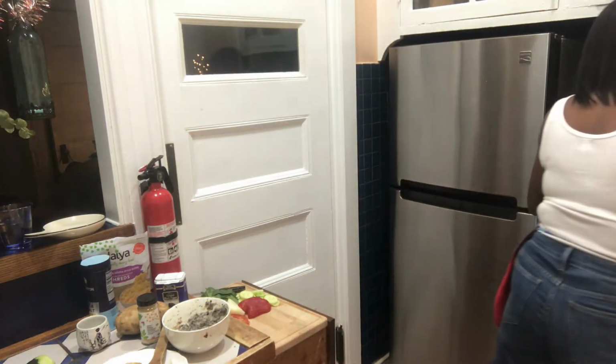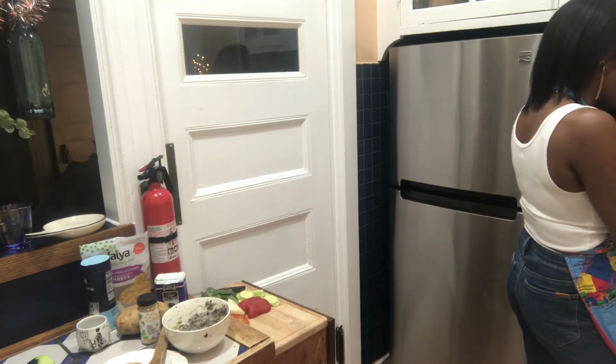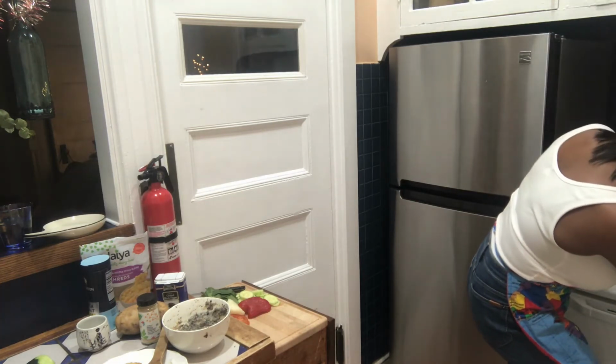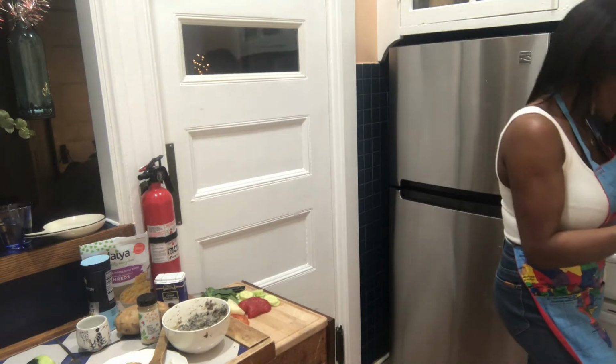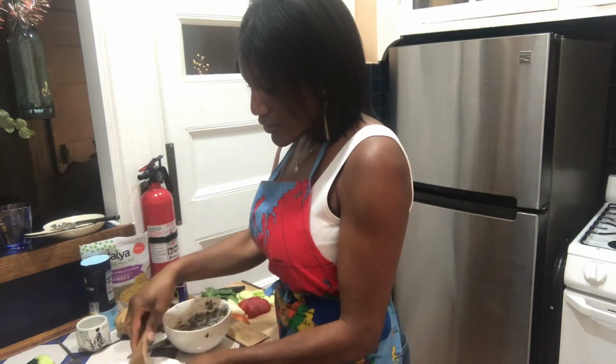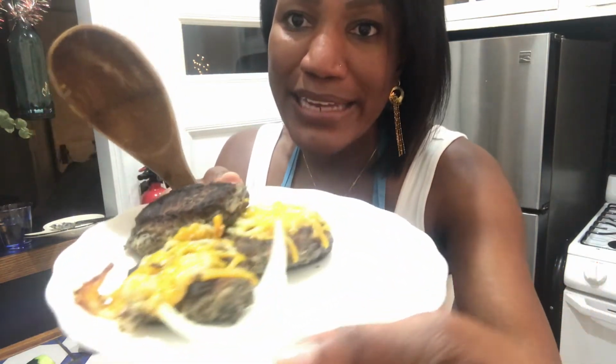I know, it doesn't look that great, but it sure looks good when it's done. Let me put it in the pot. Hold up. So that's cooking. And for the burgers that are already prepared, I like to pretend like my burgers